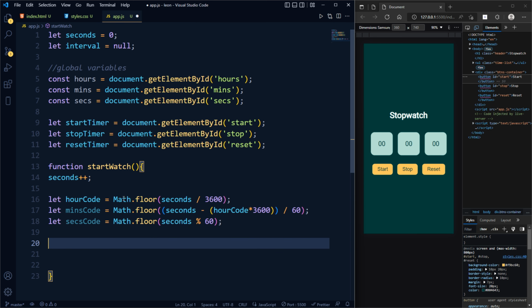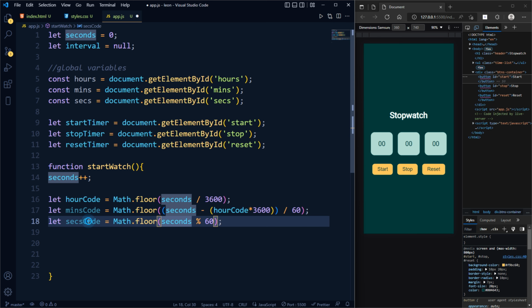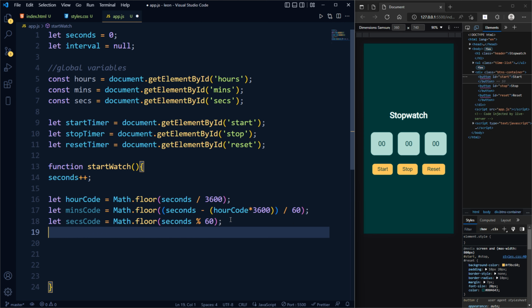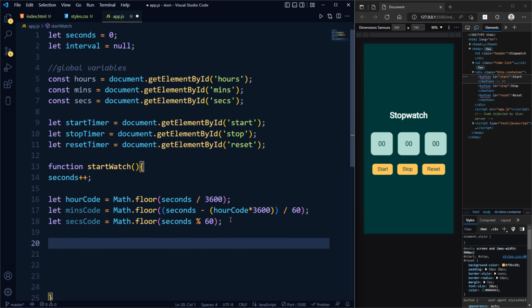Okay, everything here looks good, I guess. Seconds from up there, Math.floor. Okay, so what we're going to do here now is